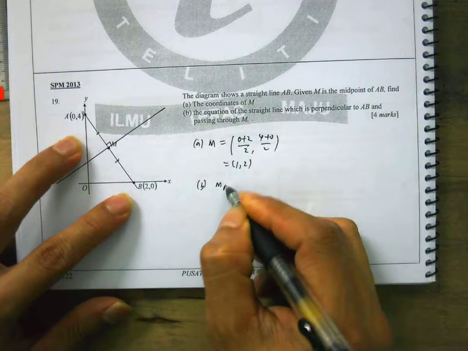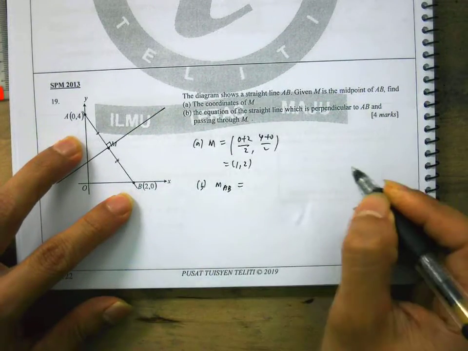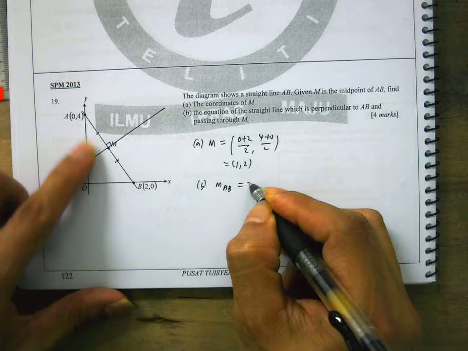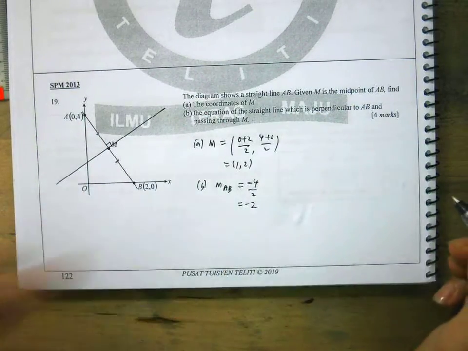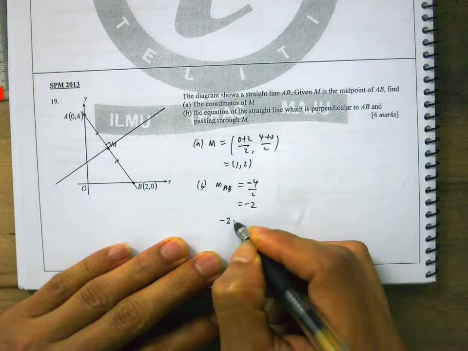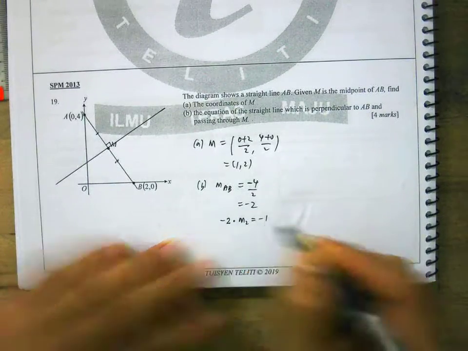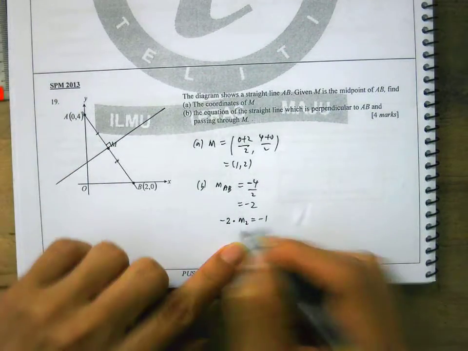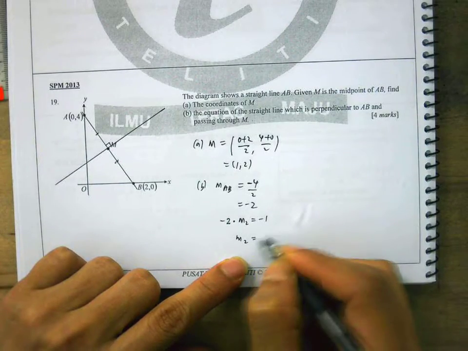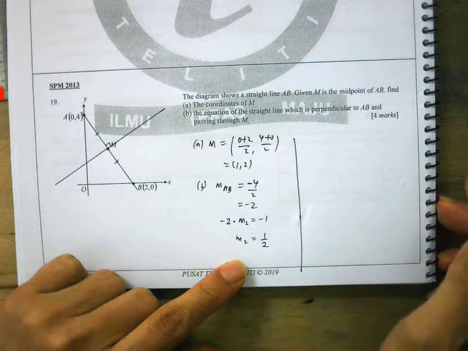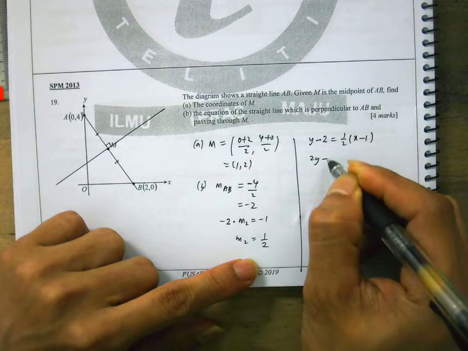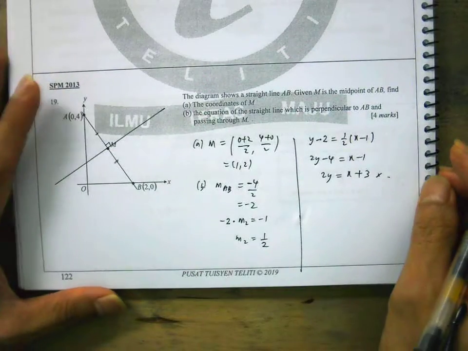Now, the easiest way to find the gradient of AB is to use negative y-intercept over x-intercept. So it's negative 2. The second step, we know m1 times m2, this is your m1, this is your m2, times together must be negative 1. So m2 must be 1 over 2. Alright? Then what do I do? It's 2y minus x equals 4, the perpendicular line. Yep. Now, by the way,